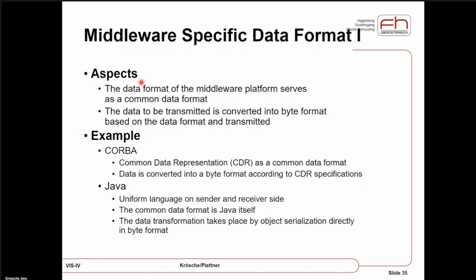Typically this middleware technology is defining a proprietary mechanism which cannot be used by other middleware technologies. This is just the way it is. And therefore, the data format that is used inside this specific middleware technology is the necessary common data format. So it defines how the methods are specified. So do I really use the full name, or do I have a byte-coded version of the name, or whatever?